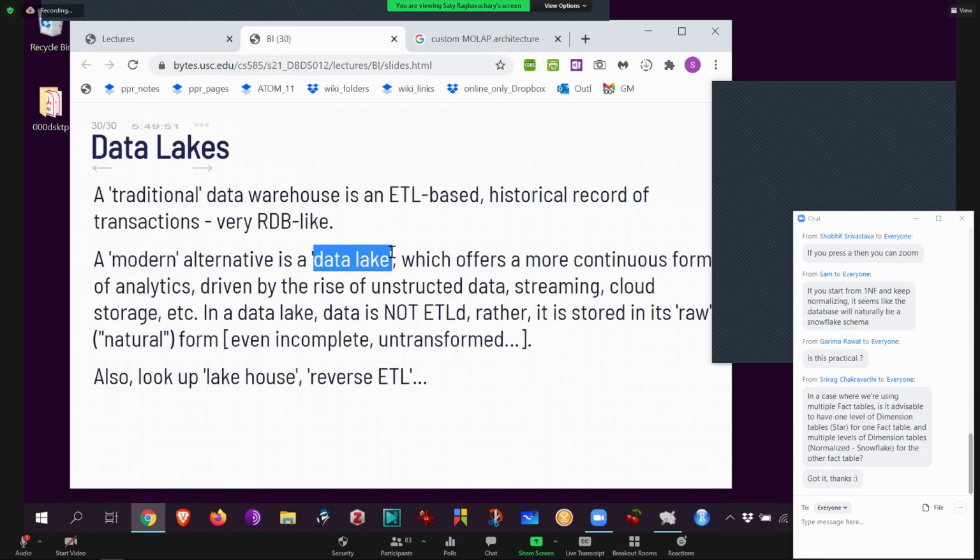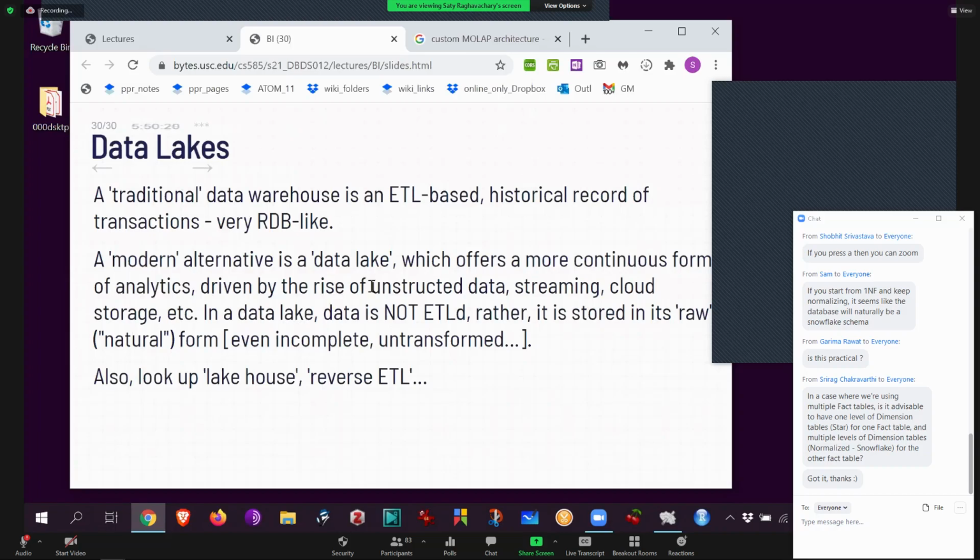So a data lake, and you can make it streaming, so it's really real-time data. Anytime a sales receipt goes through Ralph's, they can take the data and dump it into a data lake. So it's a continuous form of analytics. As soon as a piece of data gets dumped on a data lake, you can run some calculation. Or maybe the calculations can pull the data every few minutes and get data out of there. So you can set up some kind of meta continuous way. It doesn't mean real-time continuous, but constant, never stops. So analytics is constantly changing.